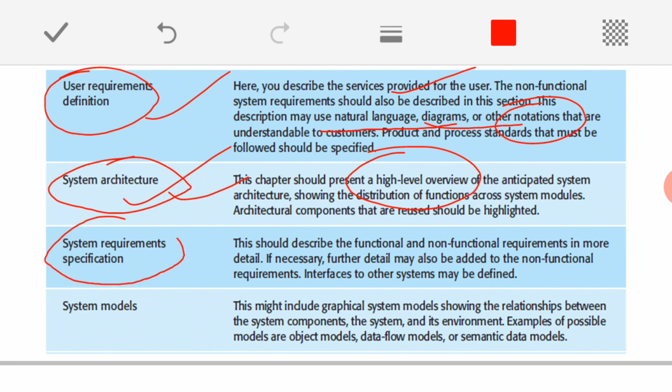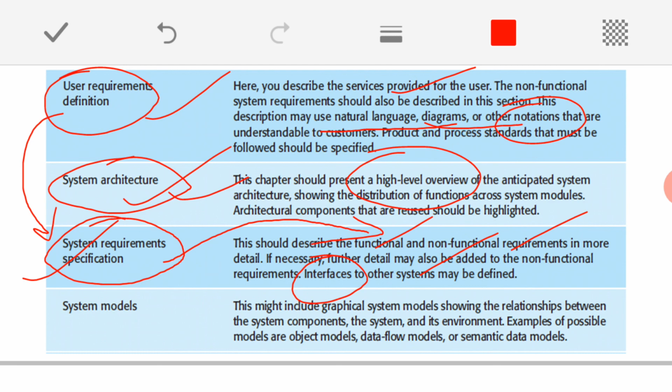Then the system requirement specification. All our abstract level defined user requirements should be written under what? The system requirement specification, which we are going to describe here. We will be defining the classification of the requirements like functional requirements, non-functional requirements, and their details, and even the interface between one part and another part, called interface requirements. So a variety of requirement classifications will be done over here and defined in detail, and these system requirement specifications are going to be very helpful for the system developers.